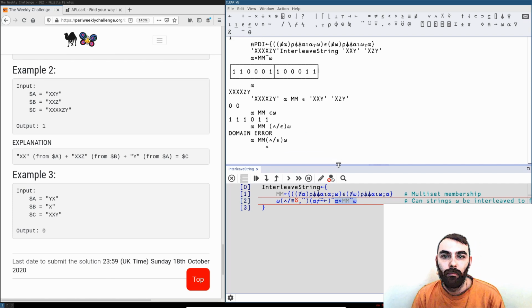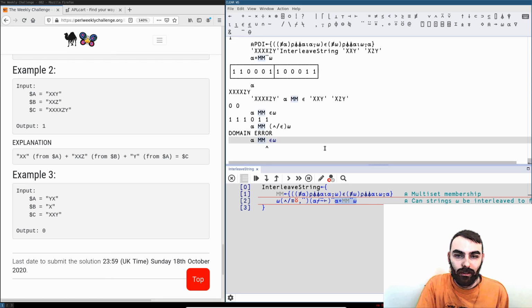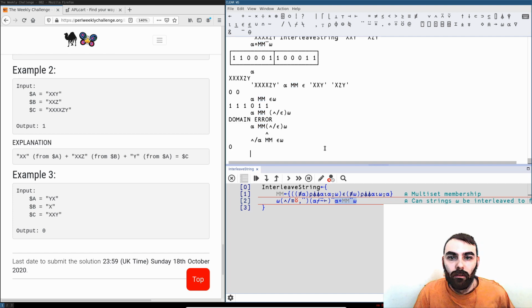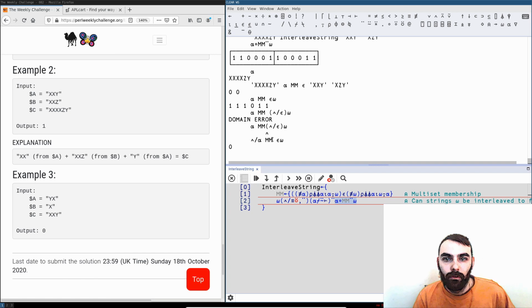Oh, sorry, no, that's not what I'm doing here. Actually, yeah. Anyway, that all of alpha are multi-set members of the elements in omega, the enlist of omega. That tells us that we have the exact right number of elements in our right-hand strings to fulfill the left-hand